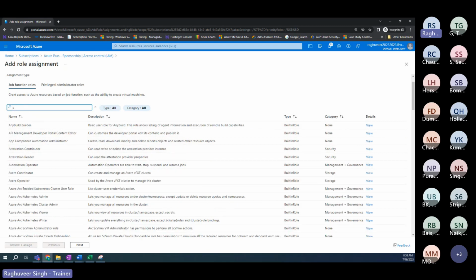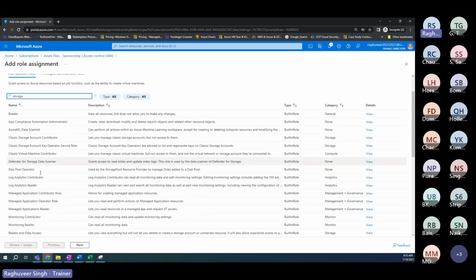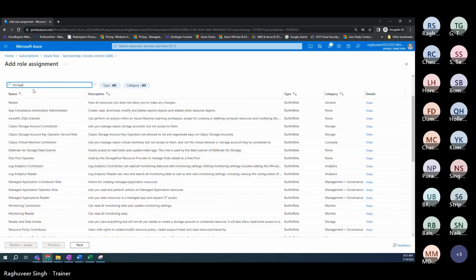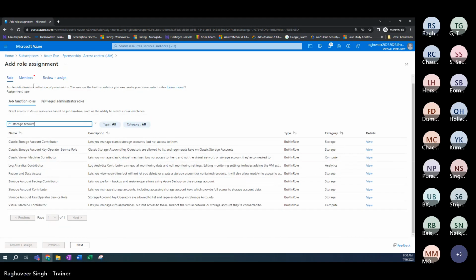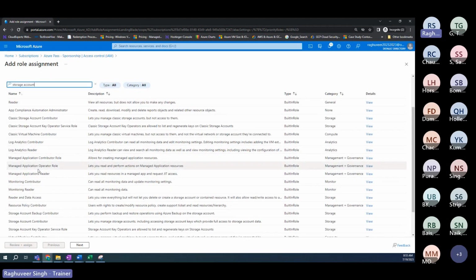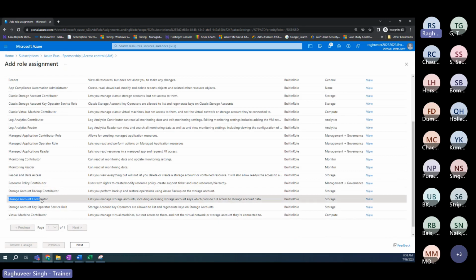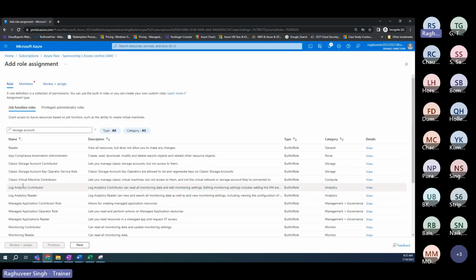Or if I type storage, then I see storage related services. So this is my storage account. Now these are my storage account related roles. For example, this is storage account contributor. Now somebody who has this RBAC, storage account contributor, will be able to manage storage accounts, including accessing storage account keys, which provides full access to storage account data. So the person becomes storage account admin with this RBAC, but only the storage account service or resource, not the entire Azure. So these are job function roles and these are privileged roles, which are at the subscription